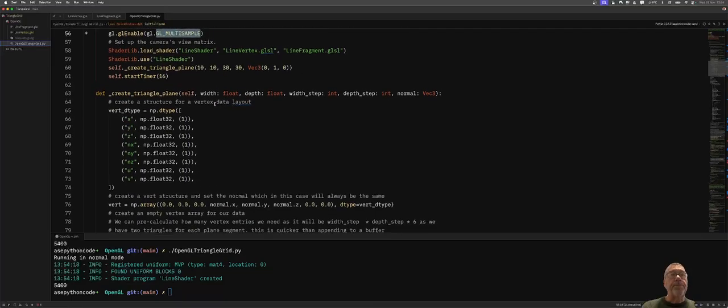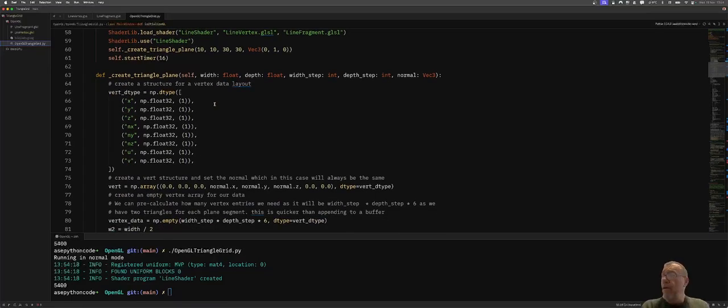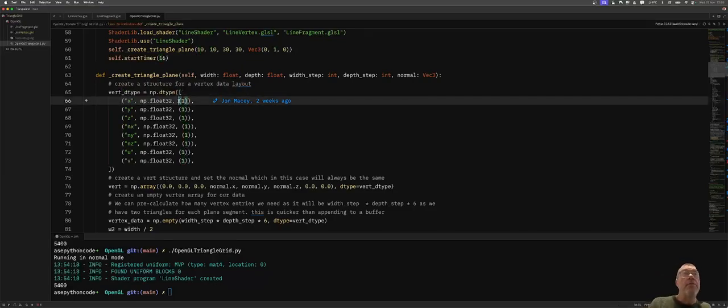So the key part of this one is the create triangle plane. What I've done here is I've generated a NumPy data type. Now this is really useful. So you can specify individual named and sized types. In this case the sizes are superfluous. You can just say X is an np.float32 and it will be an individual 32, but it is quite useful to do that in there because other times we may be having bigger data types and things like that. So in this case what this is generating is an array that has the structure X, Y, Z,